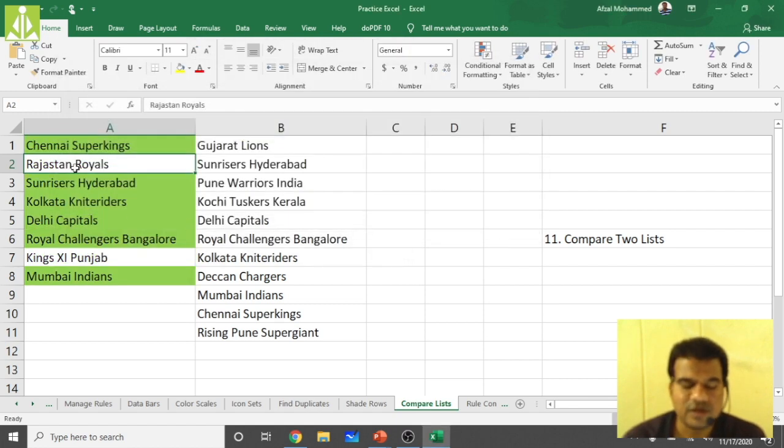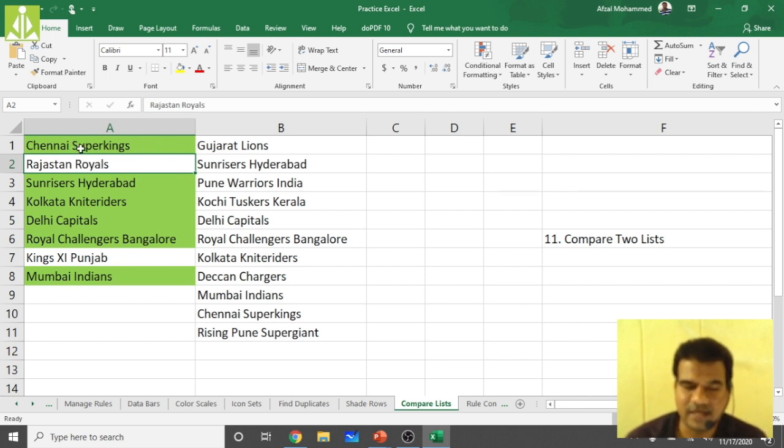See, here if you put 1, then it will give you common. 1 means true. True means whatever comparison we are doing here, if you have an entry in this list as well as in this list, then the comparison will succeed. So when the comparison succeeds, then we are coloring.